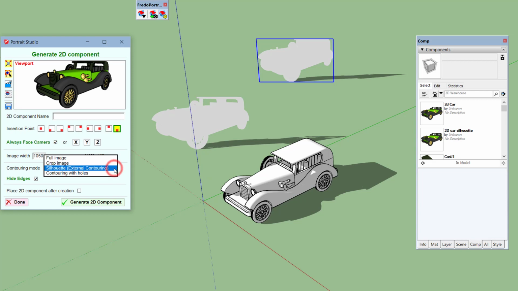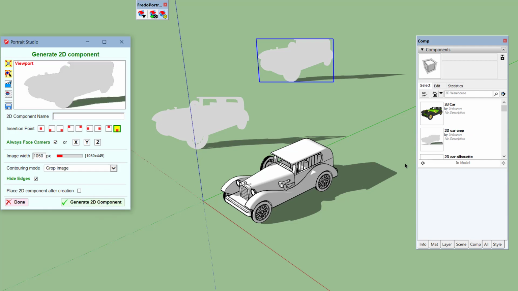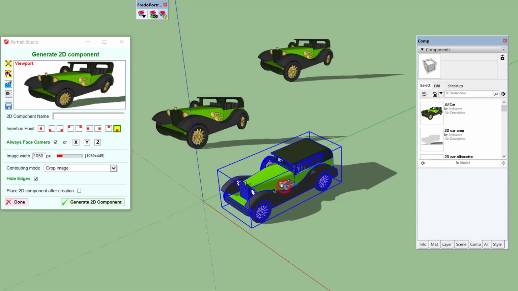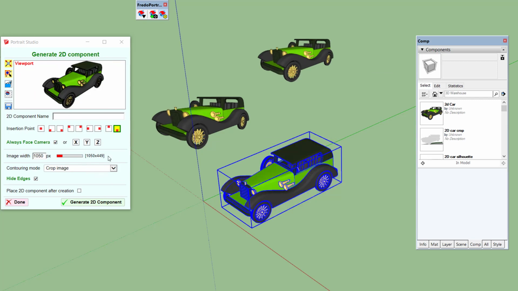The two other modes are just crop image. So if you crop image, you will simply get a rectangle. I should have switched back to turn the shadow on. Crop image.